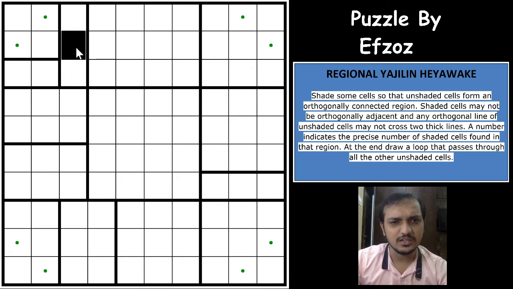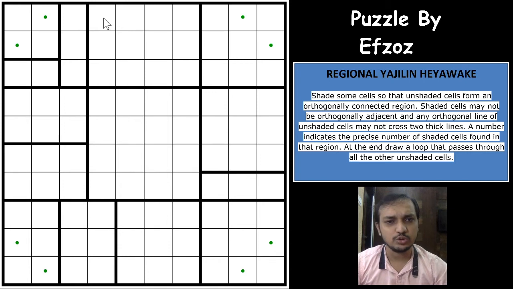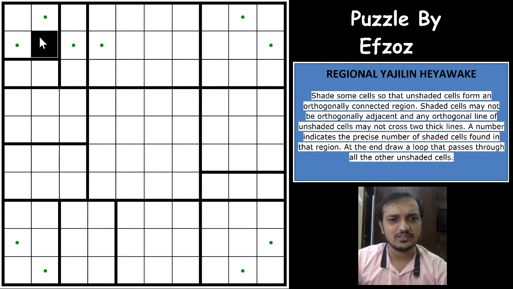And as I can see here, if I shade this cell, I cannot shade any of these two cells, and then you have exactly a line of white cells crossing two thick borders, right? So which means that this cell wouldn't be a shaded cell, and again this cell also cannot be a shaded cell, because we know that one of these two cells will have to be shaded, and which means that a 2 into 2 group of shaded cells cannot have two shaded cells at an edge, right? So both of these cells will have to be unshaded, and which makes that this cell will have to be shaded now, because then if this is unshaded, you will have exactly white cells crossing two borders. So this would have to be shaded, which makes this as a line.